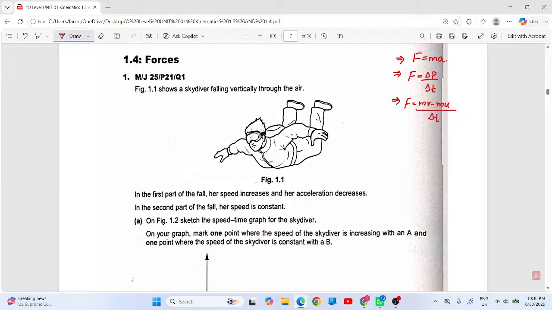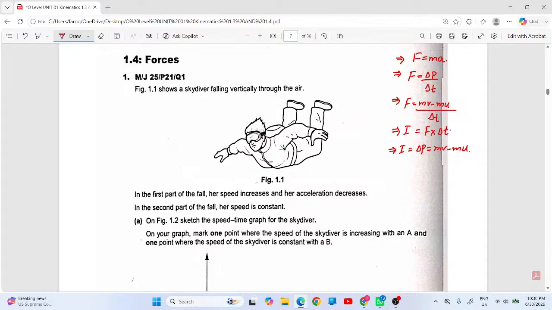Next, impulse is basically force into the time. Impulse is also equals to the change in momentum, और mv minus mu. ये impulse और momentum तो अगले momentum वाले में आएंगे, लेकिन इससे कुछ questions आ जाते हैं. तो next is